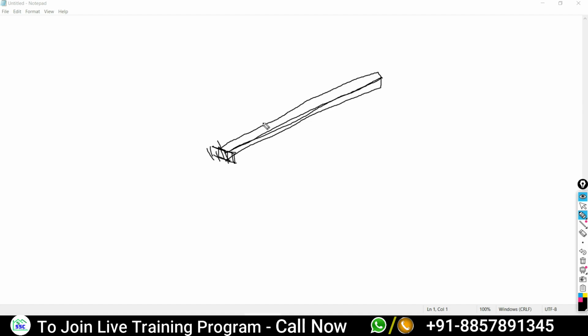The grid points: one point is here, one point is here. So 1, 2, 3, and 4, sorry, we need to cancel one.